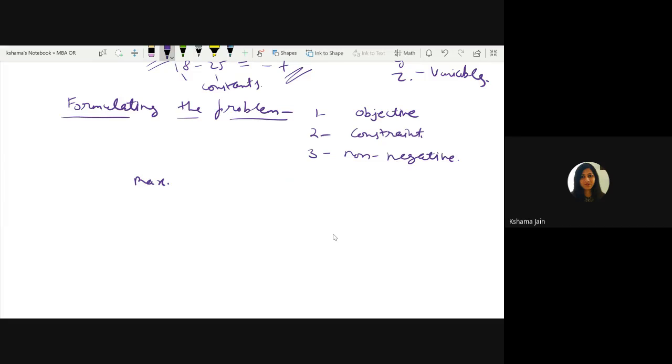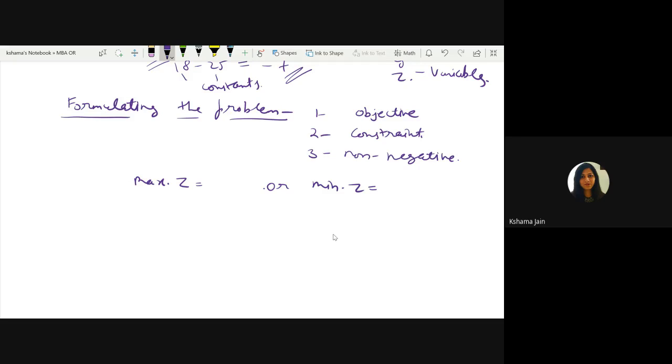Here, first of all, we will do the first term, objective. So our objective will be maximize Z. Z means whatever the output we are taking. So we are going to find out maximize Z or minimize Z. Now the question comes, what is minimum? Obviously profit, we don't want minimum. Minimum will be time. So in some questions, it might be used, formulate the problem to minimize the time. So that time our objective will be to minimize Z, minimizing the timing. So this is called objective, the first component.